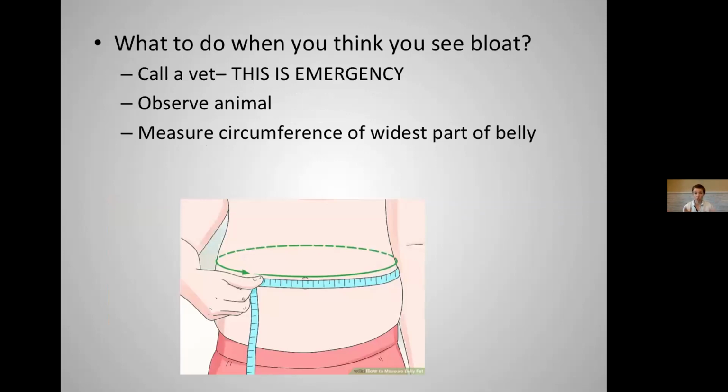So bloat is definitely an emergency. If anyone ever thinks that one of the animals is bloating, definitely call a vet. But the other thing that I want to stress that we do is to measure that animal, because you might be catching this animal at a moment when maybe it did just get a little bit of gassy bloat,